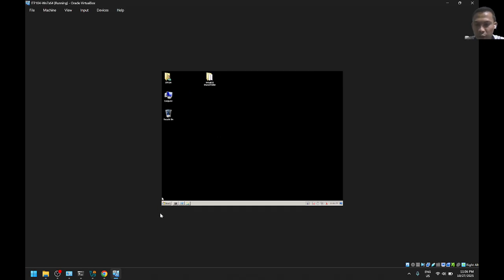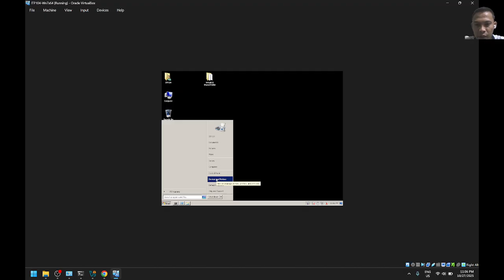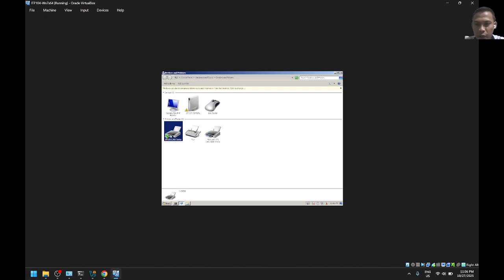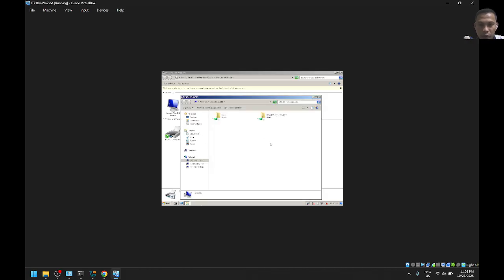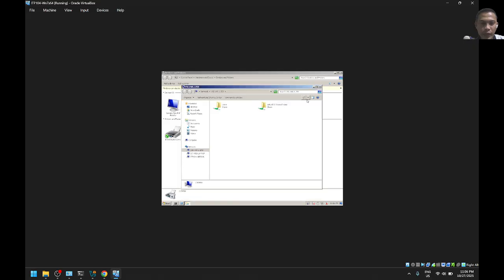So now we'll check if the printer driver is already installed in our VirtualOS, this one. So if we check with 192.168.1.253, our personal shared file folder in our virtual OS, you can see the only shared folders are the users, the default folder of our users, and the virtual OS shared folder that we created a while ago.